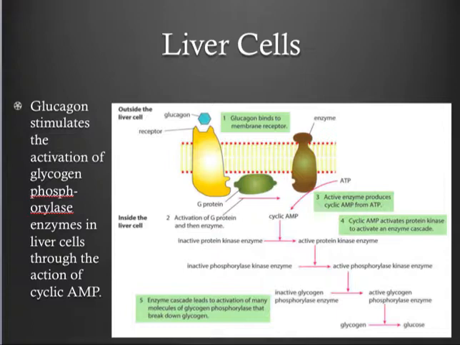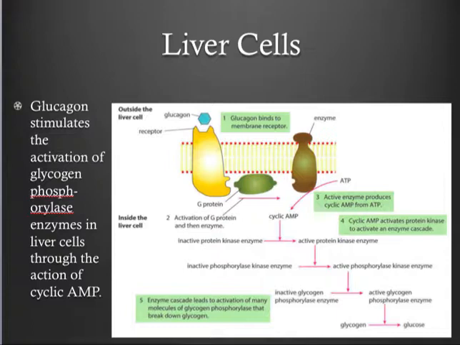When it's activated, it catalyzes the breakdown of glycogen to glucose. And it does this by removing glucose units from the numerous ends of glycogen. So this increases the concentration of glucose inside the cell so that it can diffuse out through GLUT2 transporter proteins